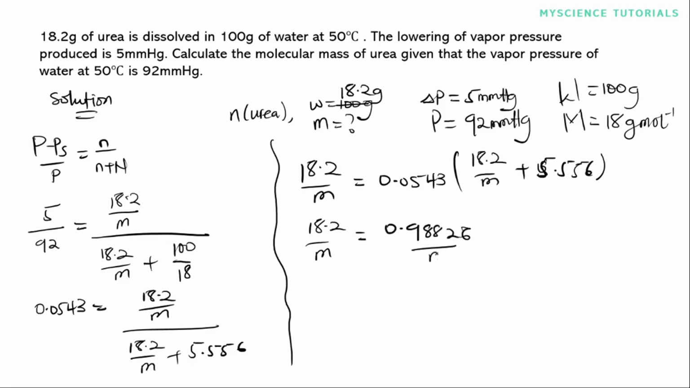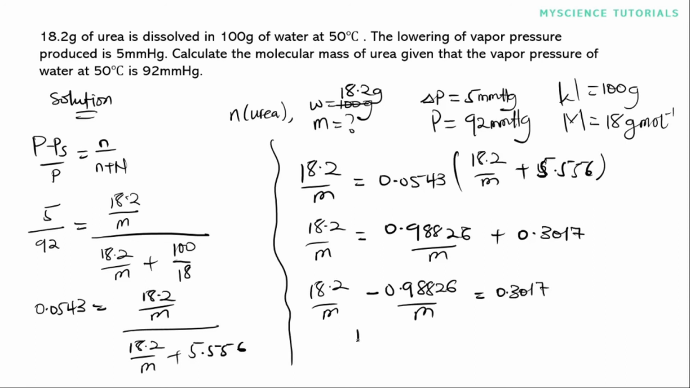0.98826 on m plus this multiplied by this, we get what? 0.3017. So we send this to the other side of the equal to sign, so we have 18.2 on m divided by minus 0.98826 on m to be equal to 0.3017. Because they have the same denominator, we just subtract the numerators, and so if we do that, we get